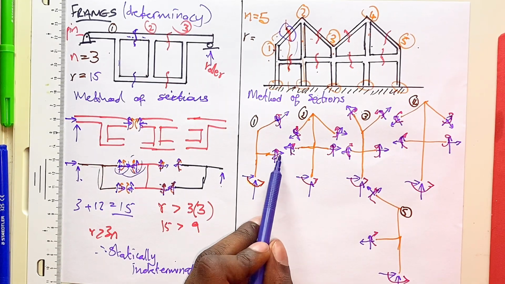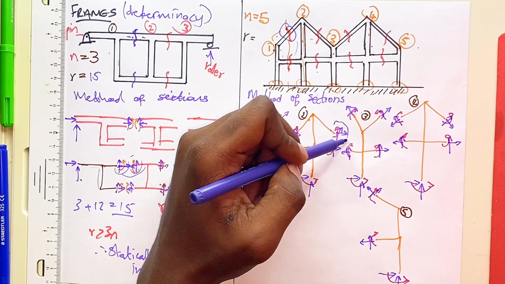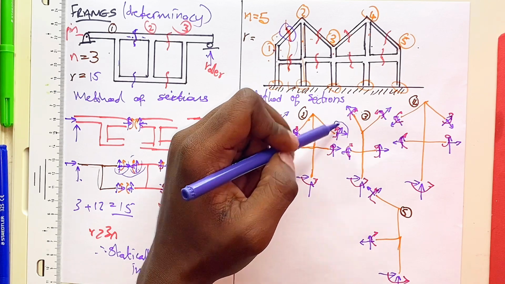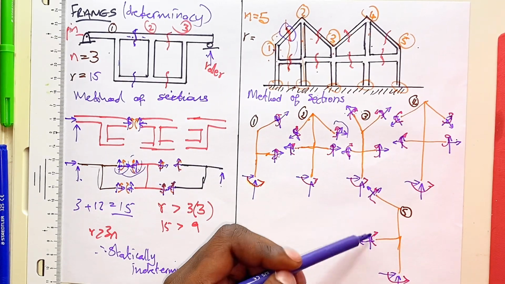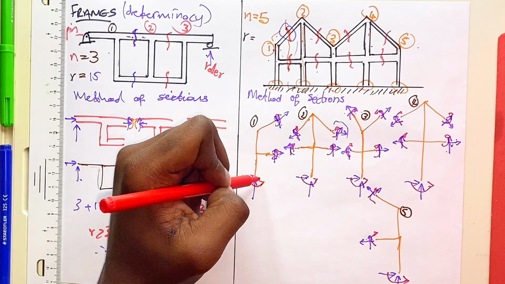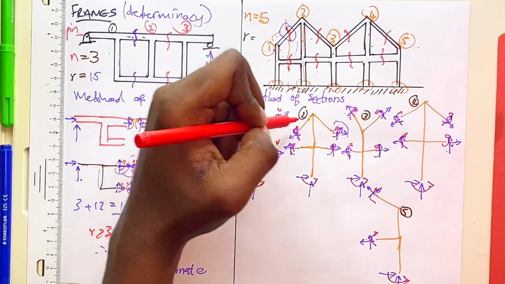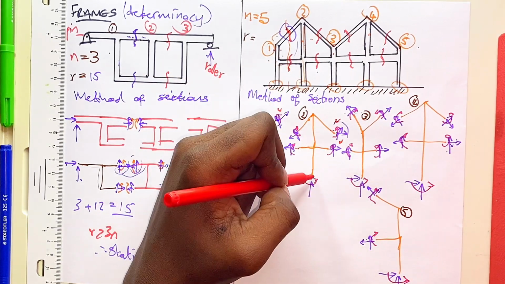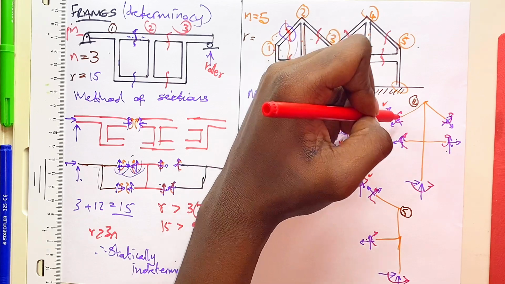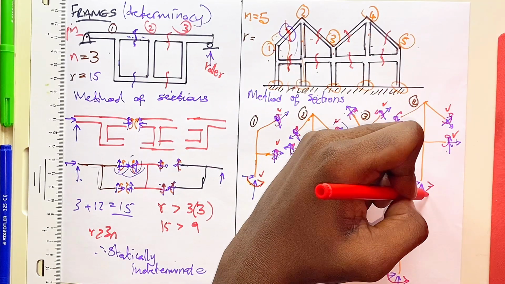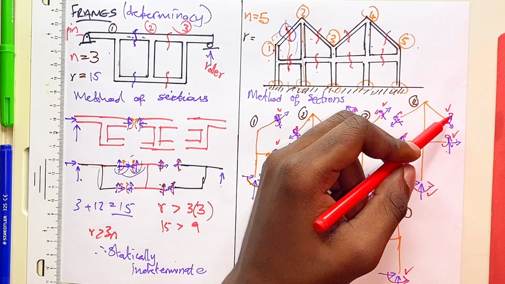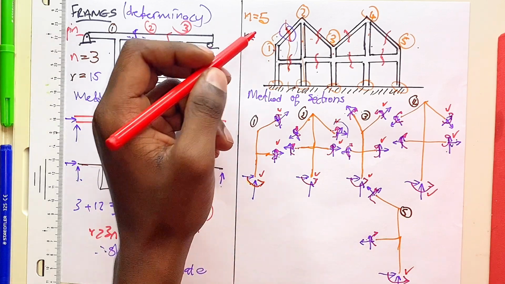Here also they will do the same. I'm not going to count 6 forces, I'm only going to count 3, because if I count here and here, I will be counting the same force twice. Here also they are connected to this part, so I'm only going to count this one once and not count this one. So we have 3, 6, 9, 12, 15, 18, 21, 24, 27, 30, 33, 36, and 39. Remember, I don't have to count these ones because I already counted here. So our R is equal to